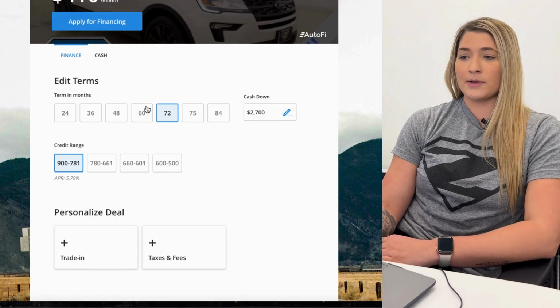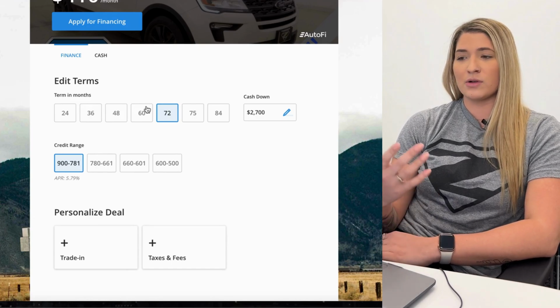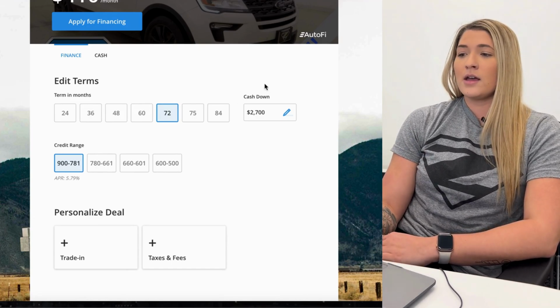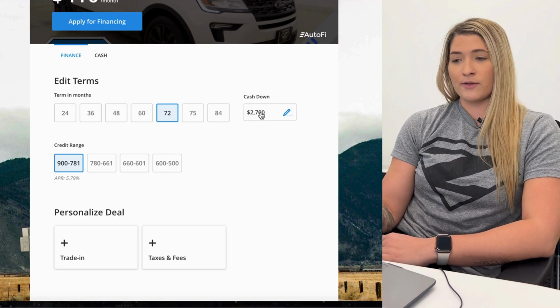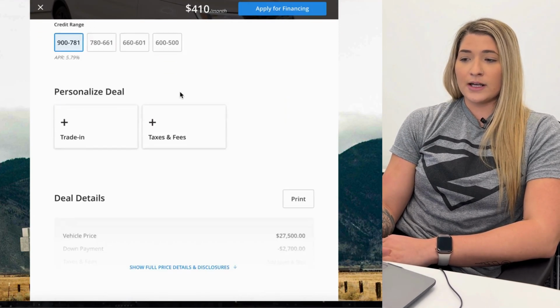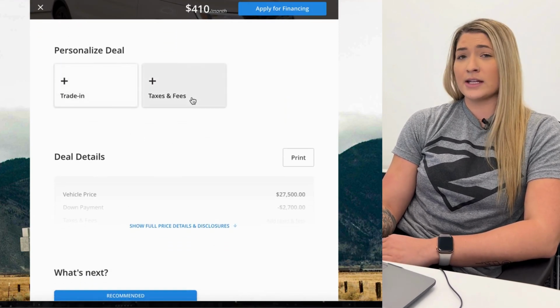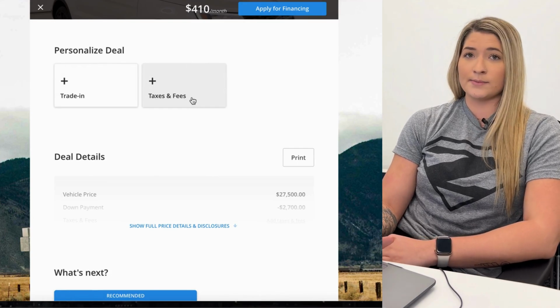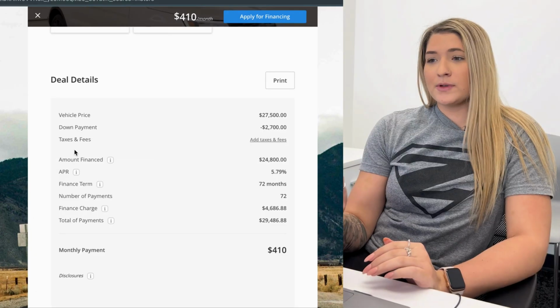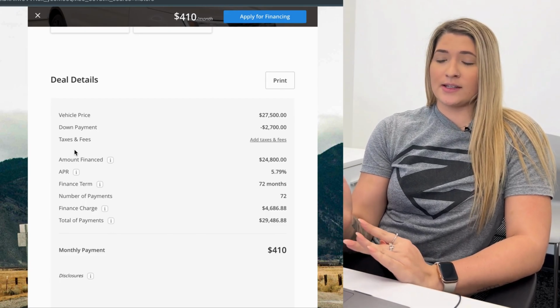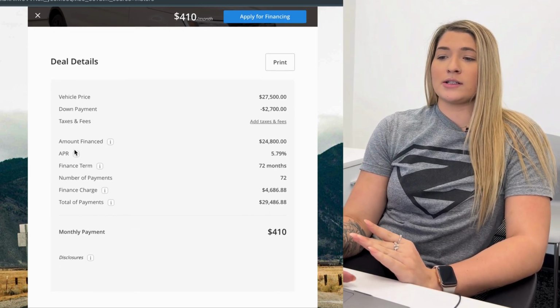Then it'll pull up how many terms you're looking for, 60 months, 72 months, however you're comfortable with. Your cash down, 0 to however much. Your self-estimated credit, you'll put in your trade-in. If you're a Kansas resident, you can add in your taxes and fees, but only if you're a Kansas resident. Once you enter your trade information, your taxes and fees, if you're a Kansas resident, you'll click on Deal Details,